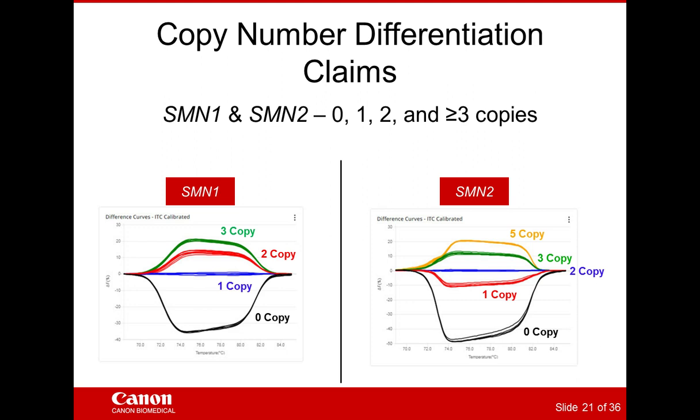So we're confident clustering everything that's 3 or more; we are very confident in making that call. You'll see an example in the SMN2 graph on the right, where we actually ran a 5-copy control. You can just see how close that starts getting. If you add a 4-copy control in there as well, which we don't have, it would be split between the 3 and 5-copy curve sets,